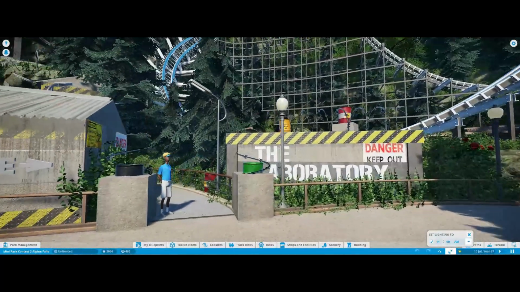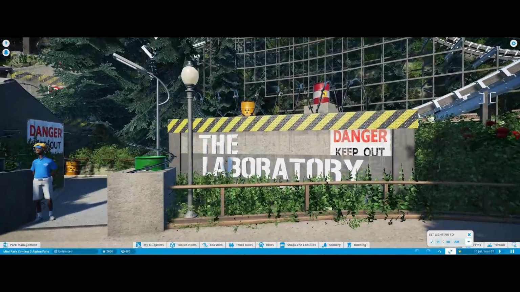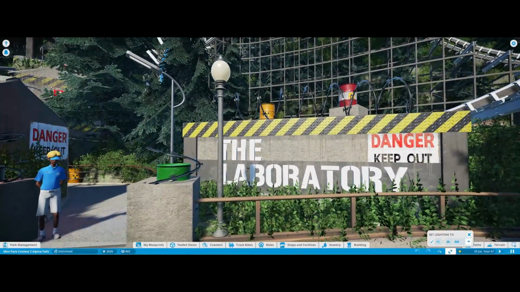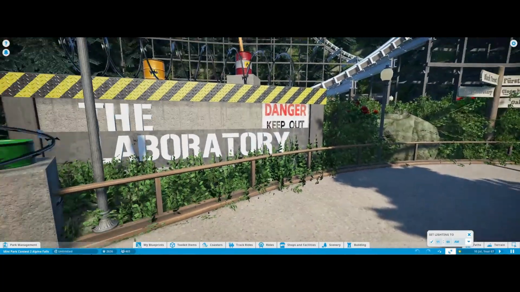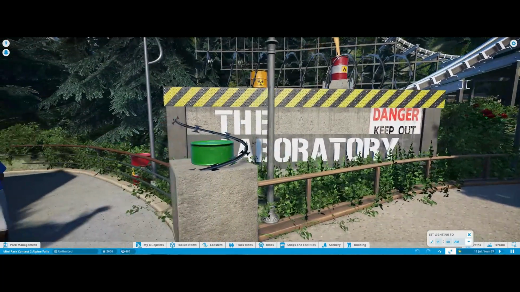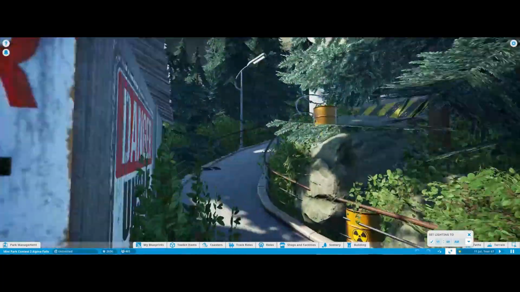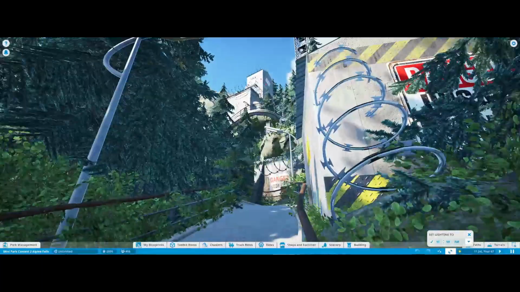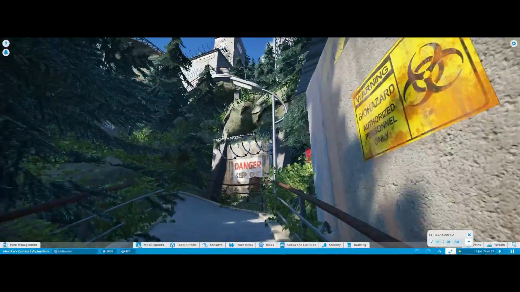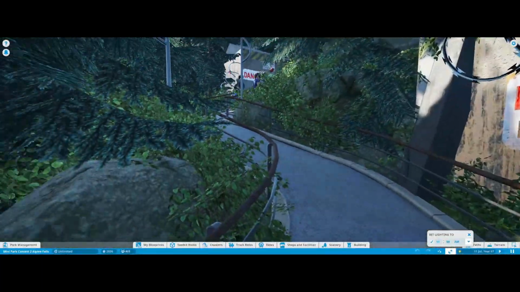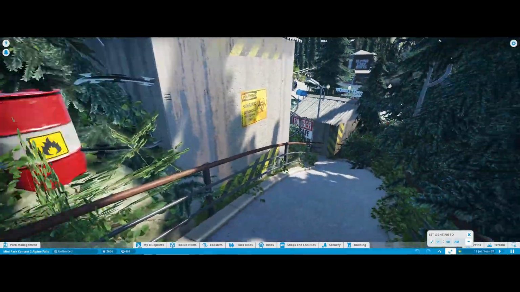Now I have to do something with the pre-show. To the laboratory. Danger, keep out. So love the barbed wire. It's a really nice barbed wire. Danger, keep out. You've used the hazard strips. Really nice font again. Go on here. This is danger, keep out. And then you go up here. Possible barbed wire. It kind of gives me that Chessington World of Adventures